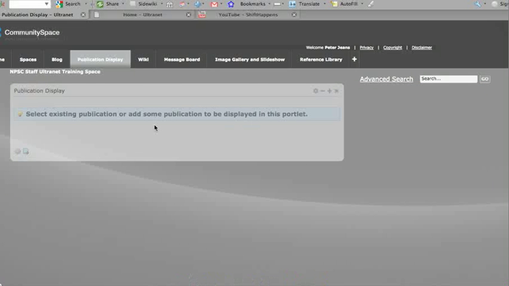Currently you can see it's sort of greyed out. If someone opens this page, they won't see anything because there's no content on it. And this is the main way you use for actually putting content on the Ultranet that you want to control. Not so much stuff you want students or other people to add pages and things to. This is the stuff you really want to control. And there's some limitations though. When other